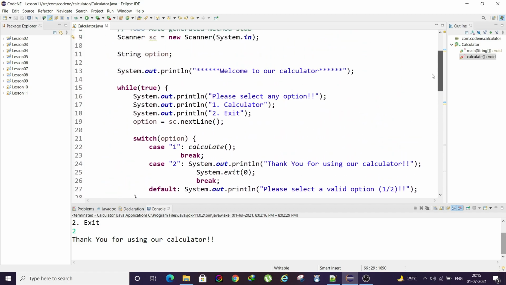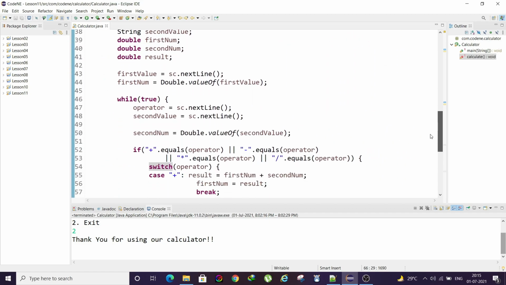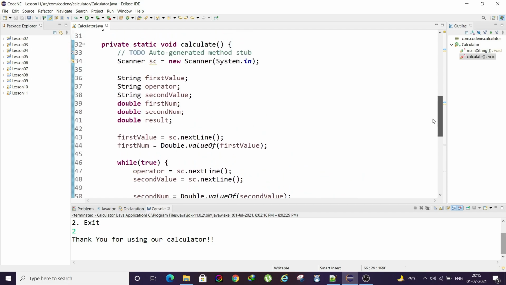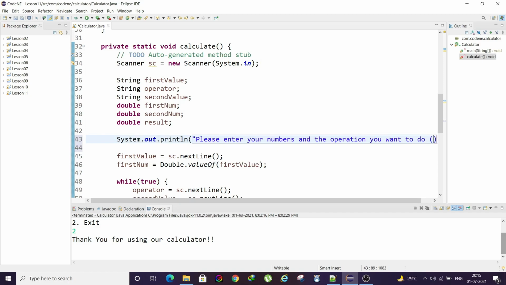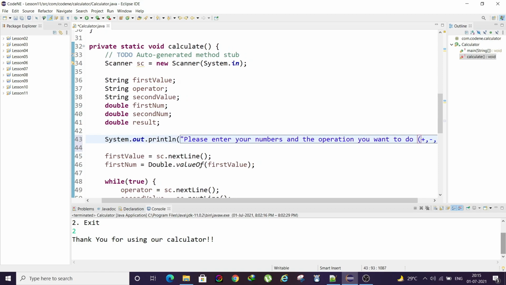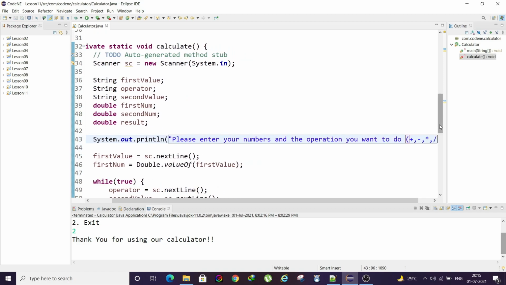But we need some more details, like we need to make the user understand about our program also. So what we need to do, we need to write some code here. System.out, please enter your numbers and the operation you want to do. In the bracket we will tell them what operations are supported: plus, minus, multiplication, and of course division, right?